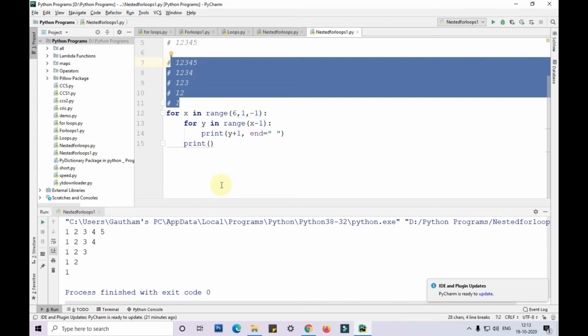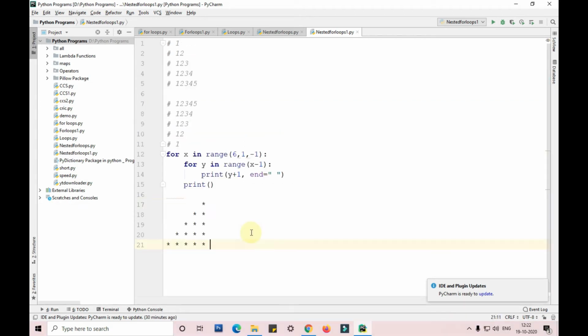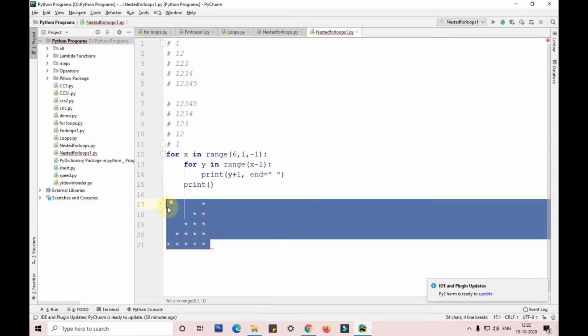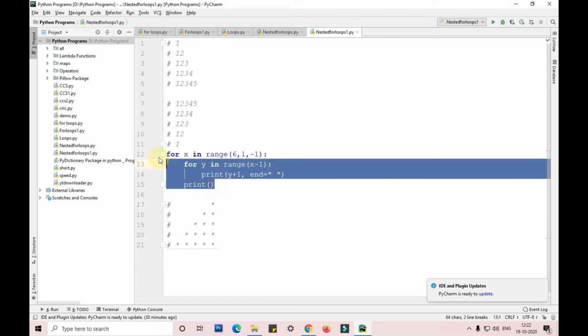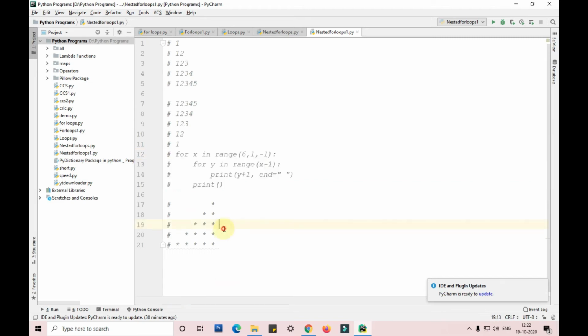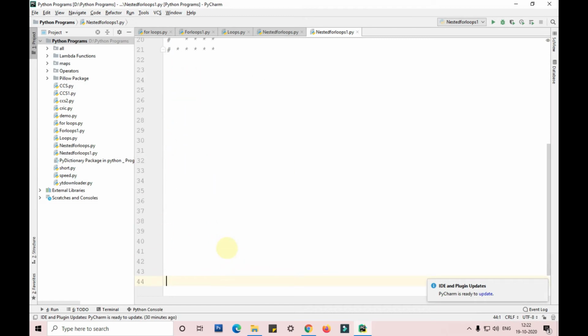In a similar way, we also have many different patterns which you can print using nested for loops. Okay guys, let me show you one of those now. So now I'll be showing you how to print this particular pattern using nested for loops. We need to use one outer for loop guys, and two inner for loops for this particular program. Let me show you how you can do that now. So this is the pattern I want to print.